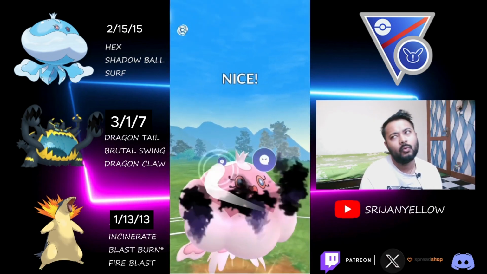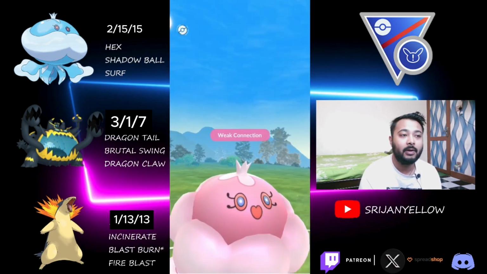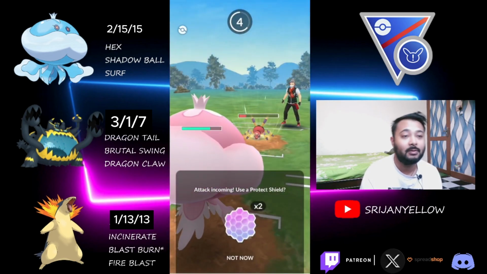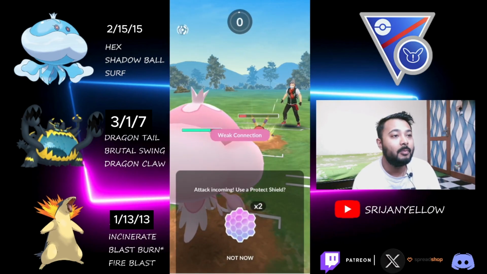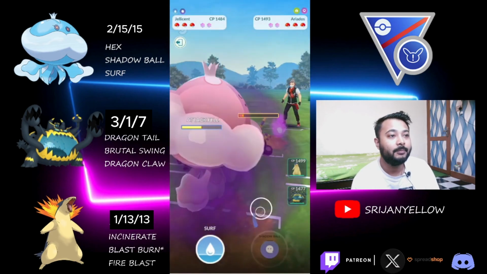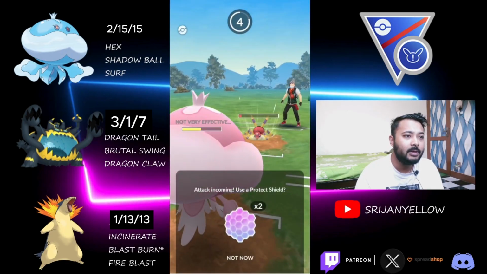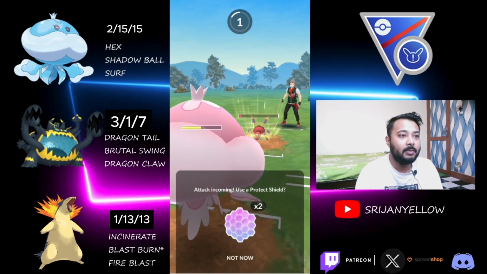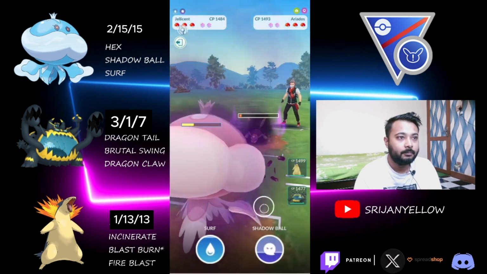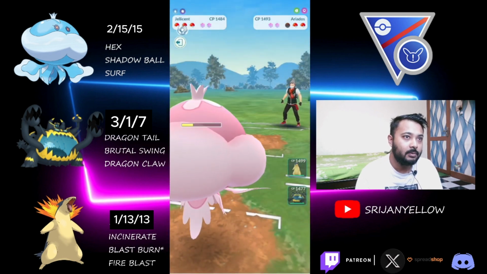And yeah, again, they're Ariados, and they're just staying there, tanking a Shadow Ball. This is a crazy gameplay. Why are people doing that, man? We just tank the Lunge here, farm them completely down. Yeah, that's going to be the gameplay here. It doesn't matter if we go over 100 energy. Just farm them down, and let's see what they...